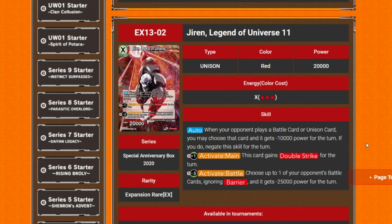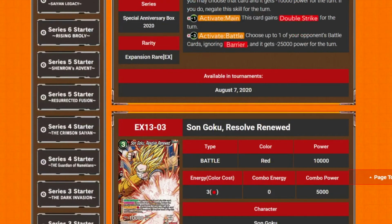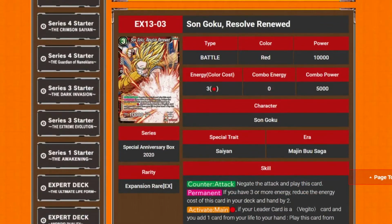A Jiren. Yeah. But that leader basically is a second leader, isn't it? That Unison card is crazy. Yeah. So we've now got